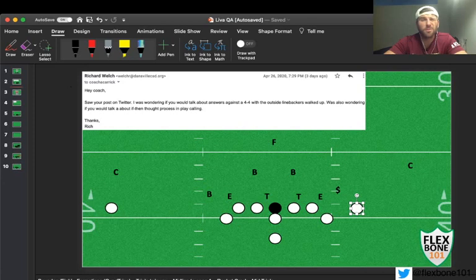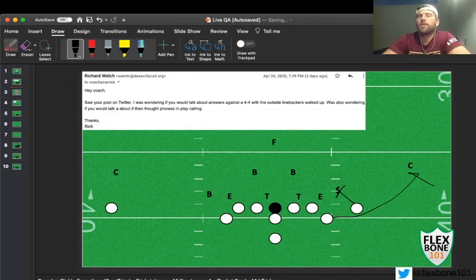And actually this becomes more of a switch. But what you can do, right, is then your X blocks there, your A-back blocks there. And then especially if you switch these up so that linebacker doesn't know where the block is coming from, right? Sometimes he might be blocked out by the tackle. Sometimes he might be blocked by the A-back. Sometimes he might get blocked by this guy. Sometimes he might not get blocked at all. The more that guy has to think, because they're putting him in not a great position, the better off you'll be. Now, as part of